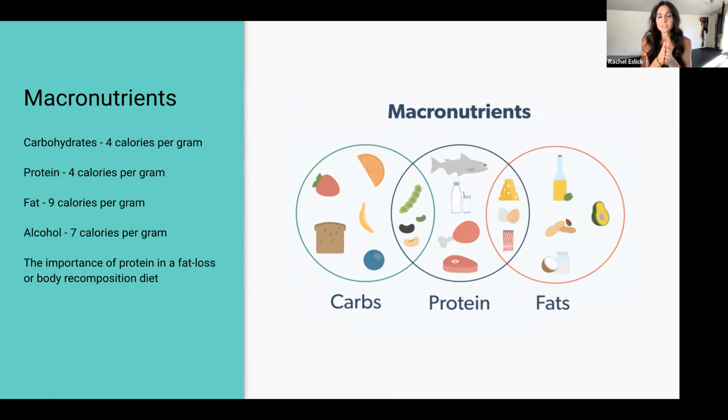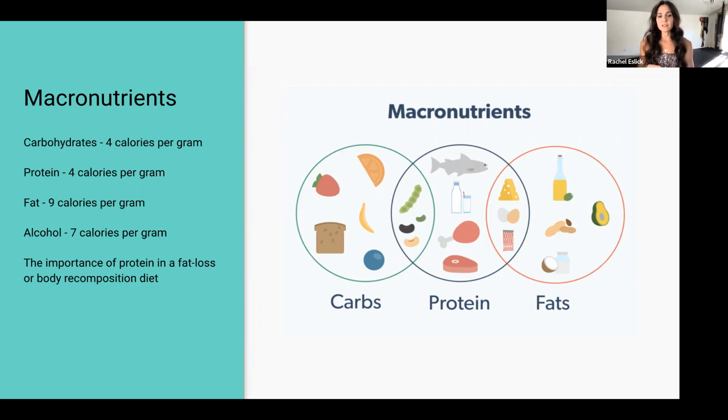So in between carbohydrates and protein, I believe there's beans in there. That's mostly like edamame, beans. So those are going to have lots of carbs and some protein. So it's both. In between protein and fat, we have some cheese, we have some eggs, and that might be bacon or that might be fish, but that's a good example. Bacon, maybe it's protein and it's higher in fat. Lots of foods have all three, but they are usually more of one thing than the other.